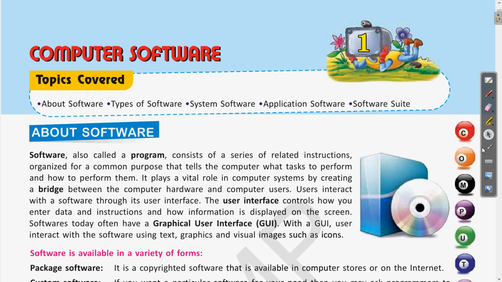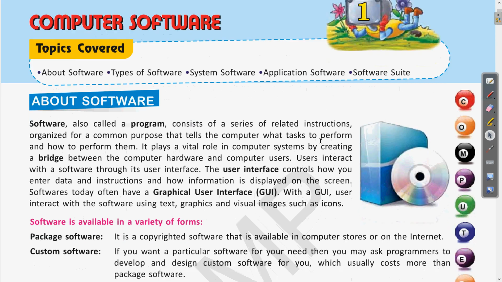We will take an overview of the important things which we have already discussed in the previous classes, so that you can recall it. So first, what is software? In layman's language, software is the programs or the instructions. Clear? These programs are made for running the computer, and they are a series of related instructions. Clear? The purpose of this is to perform some common task.